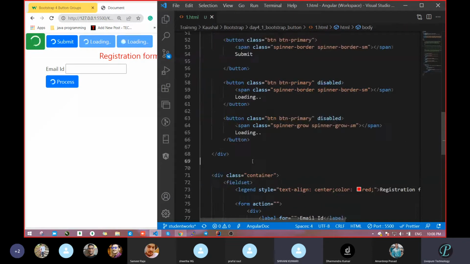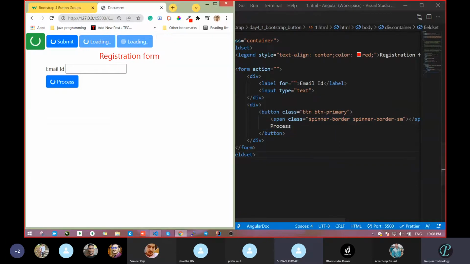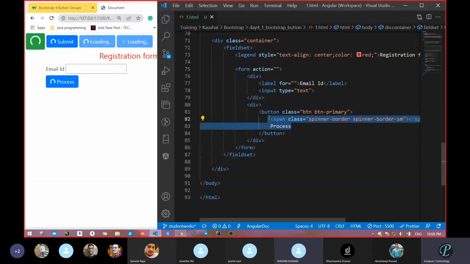But when you are working with a language like Java, Python, any language, this process, whatever it is showing now, like the loading of the button, all these things will not be done from the HTML code. These will be done with the help of JavaScript on the server side. Once you get the backend response, when you enter data, the server will give you a response. That time you have to enable this thing. By default, it will be disabled.